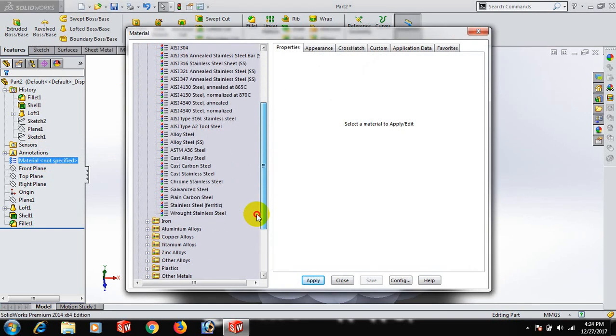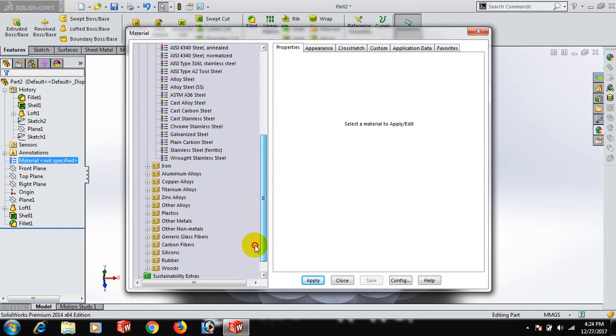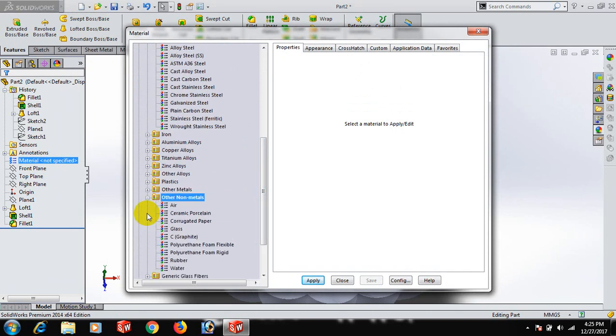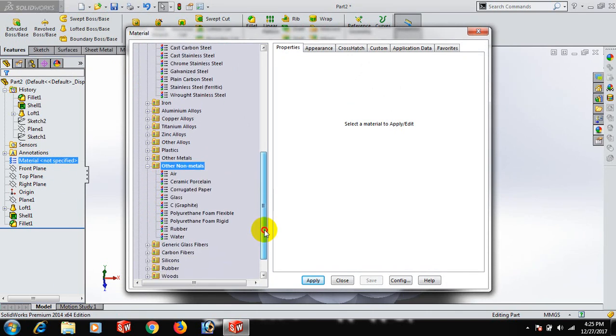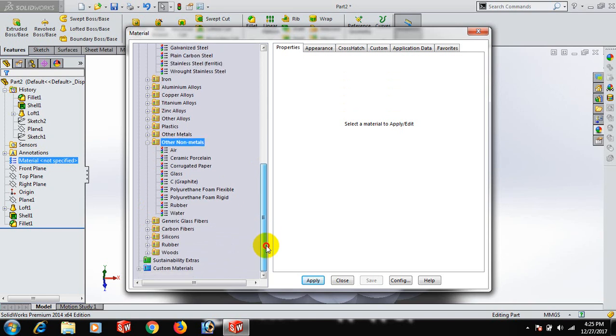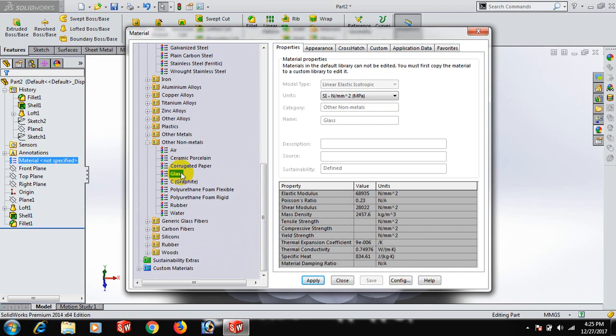Now we can use other non-metal. Glass, you can use glass. Okay,